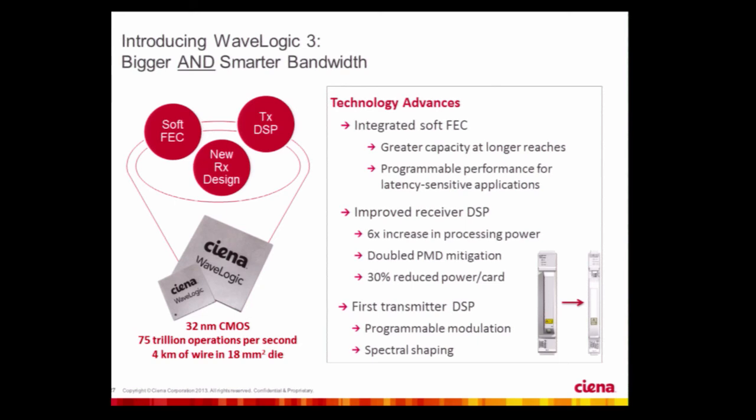What's also important is digital signal processing at the transmit side. If you have a linear system, you can do all the compensation basically at the receive end. But as you probably know, most systems are not linear, and then it is actually beneficial to do some of the compensation at the transmit side. This provides that. It also provides some other functionalities, which I will discuss later, which we use for super channel transmission. And then finally, just to give you an impression of the footprint, it's just a one slot card for the 100 gig, and this is the same for metro, long haul, and also for the submarine applications.